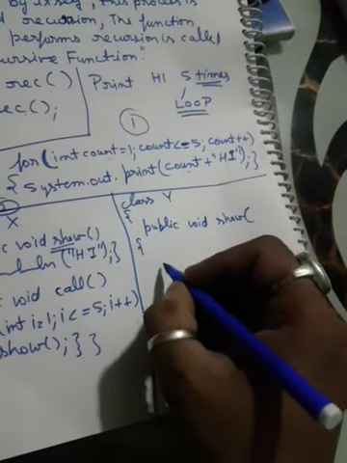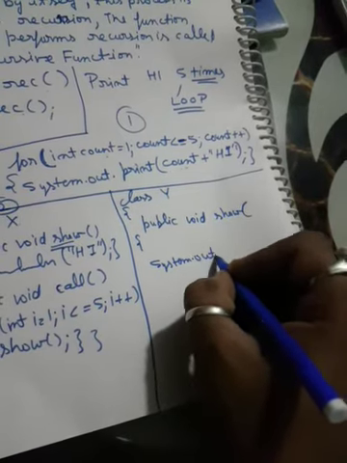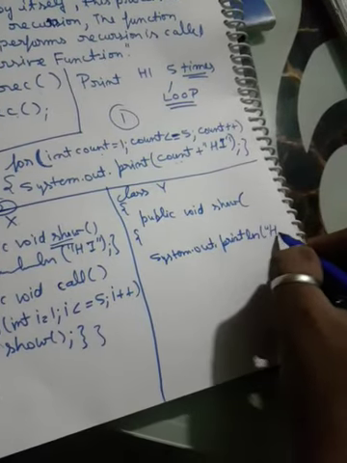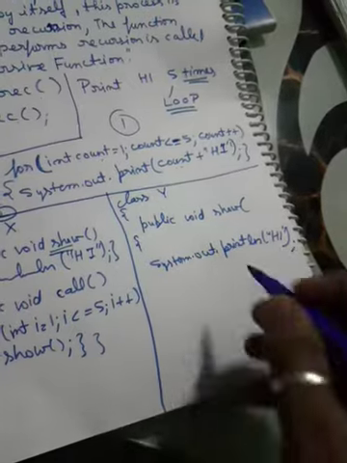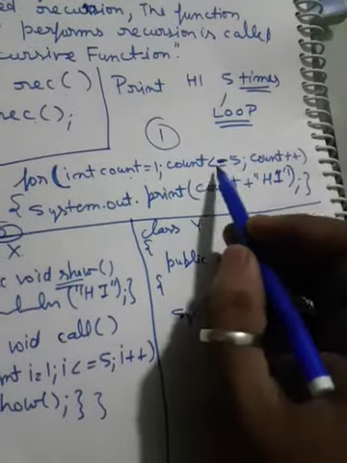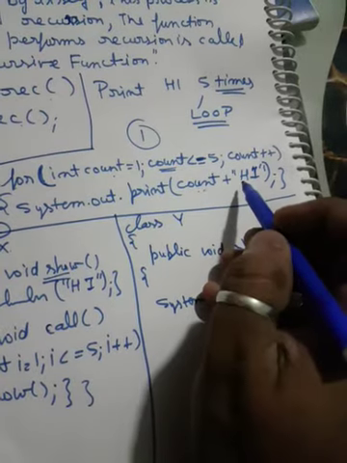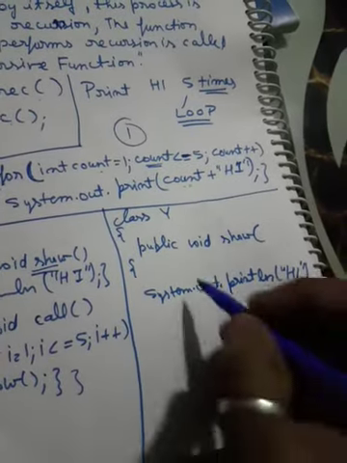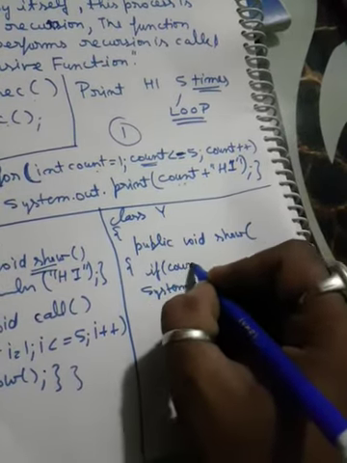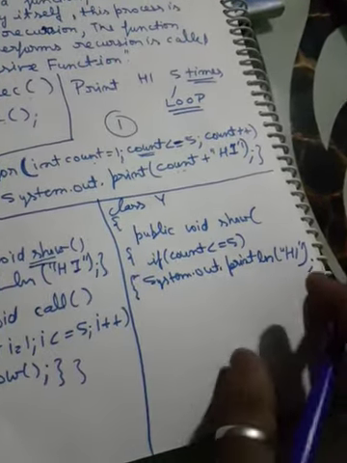All right. Now, students, the main task which we have to perform is system dot out dot println, that is to print hi, semicolon. How many times? There is 5. So when you look at this loop, this works how many times? 5 times. Means when the count is less than equal to 5, you print hi. As simple as that. So what I do here, I put a condition which was the test expression of the loop, and I say count less than equal to 5, and you print what? Hi. Okay.